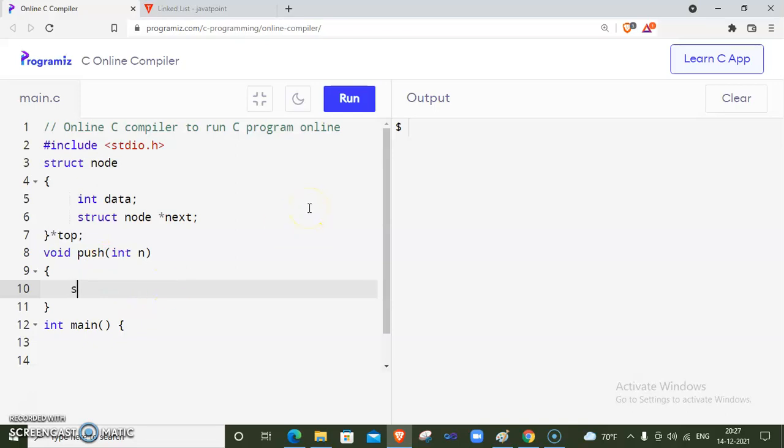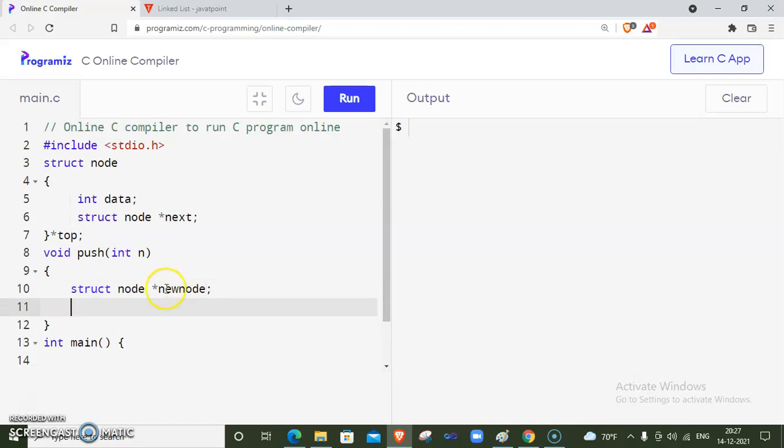I am going to declare one node, newnode. For dynamic memory allocation we need a pointer, so I am temporarily declaring this newnode, a local variable of this push function. Then by using newnode we can allocate memory dynamically.